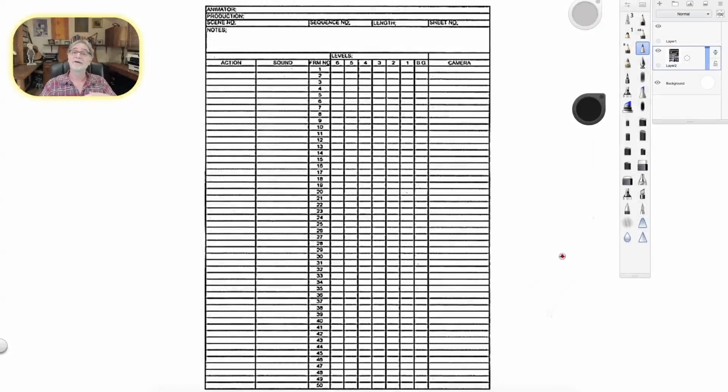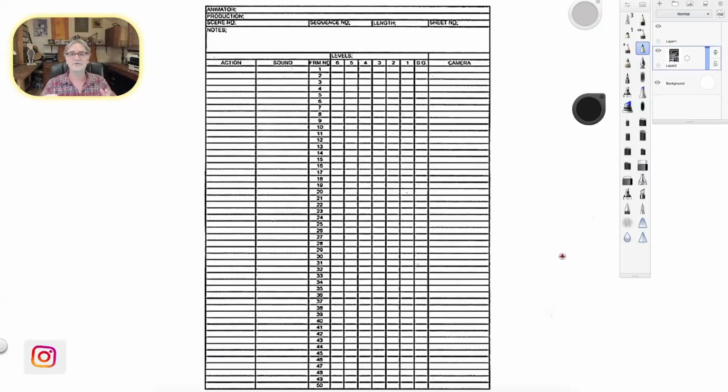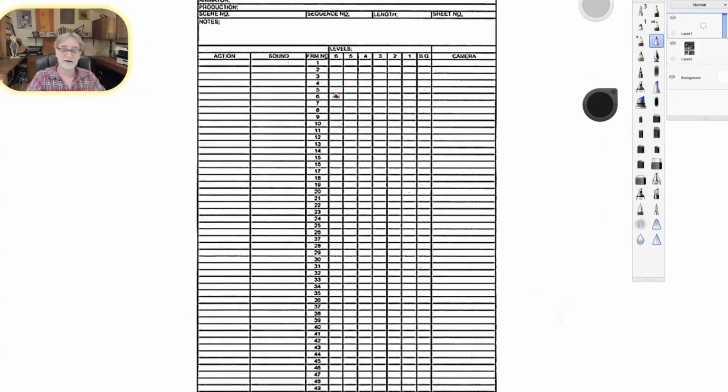This video is more detail about the exposure sheet. My first one was the overall concept of the exposure sheet. I've had a lot of emails asking me what the columns are and what they mean. So what I'm going to do is a series of these, probably 3 more. But on this one, we're just going to talk about the columns, mainly in this area here.